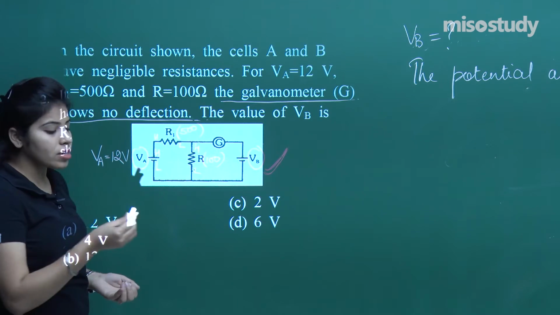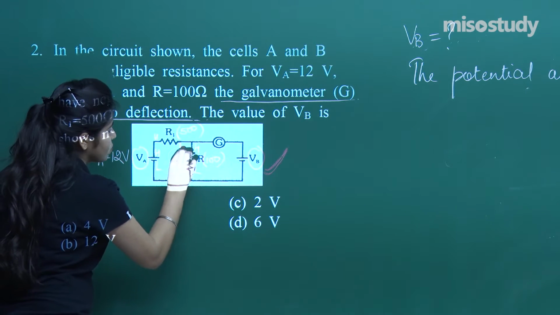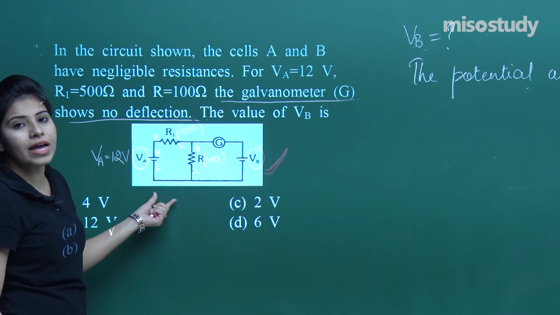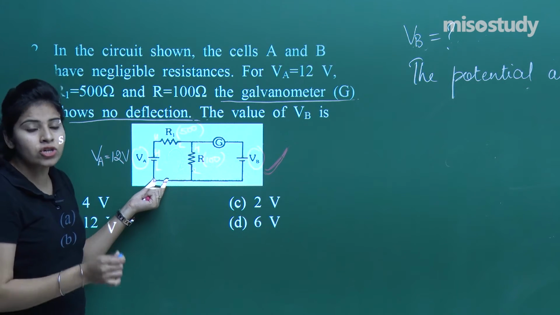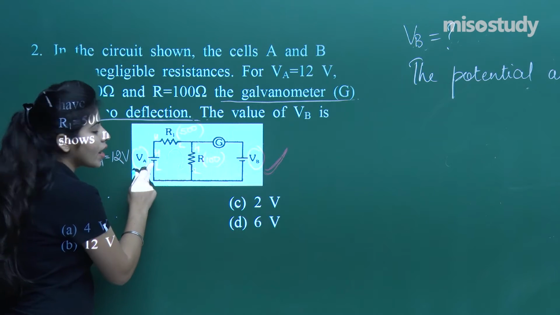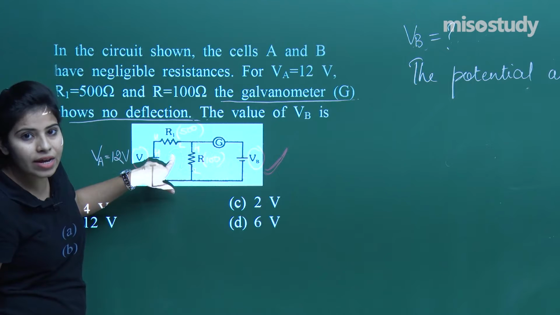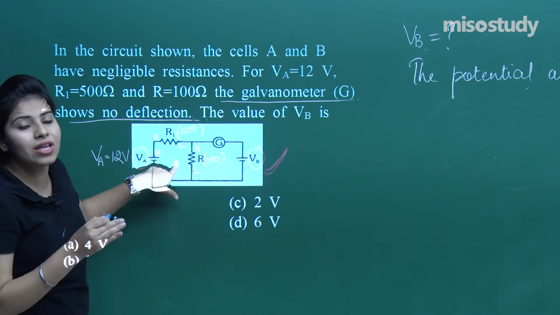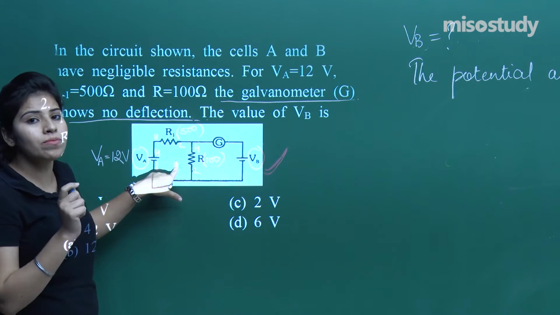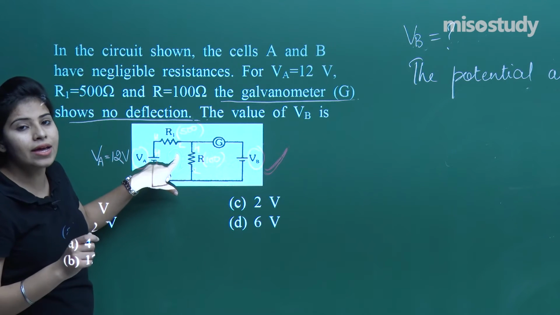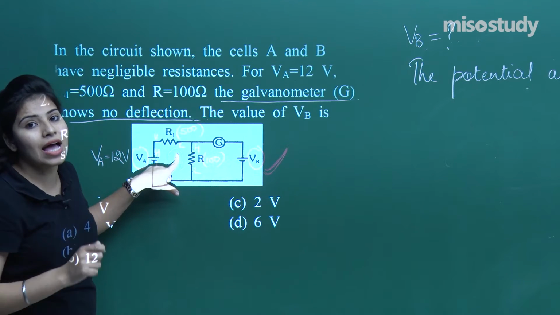Now let me just draw the direction of current in this mesh. That would be like this. Suppose this is the direction of current in this circuit. Since we know that current flows from higher potential to lower potential, the direction of current and the direction of mesh that we have taken are both flowing in the same direction. And I have told you in my lectures that when they are flowing in the same direction, you are going to consider your voltage as negative.